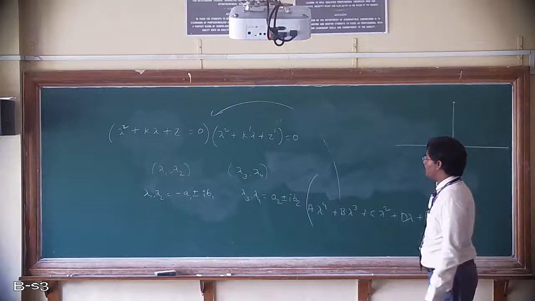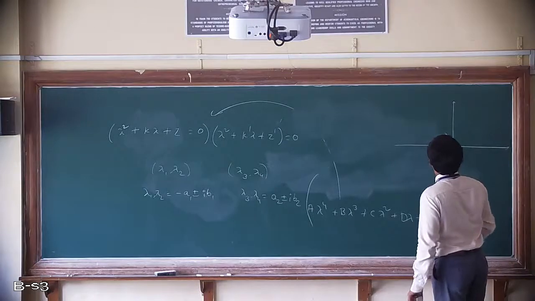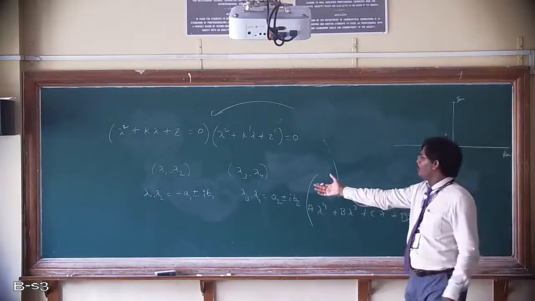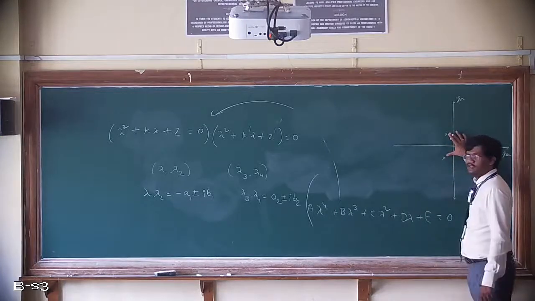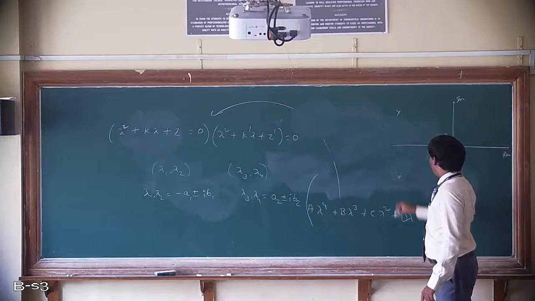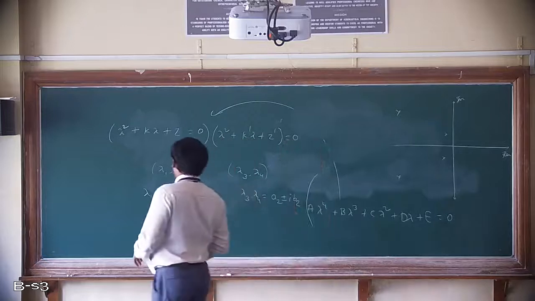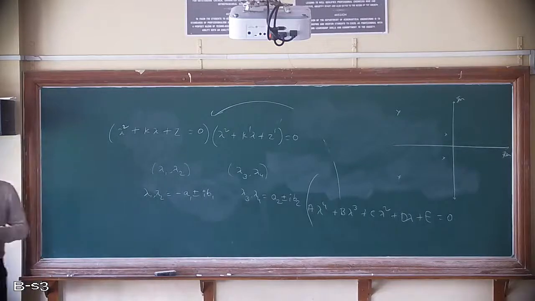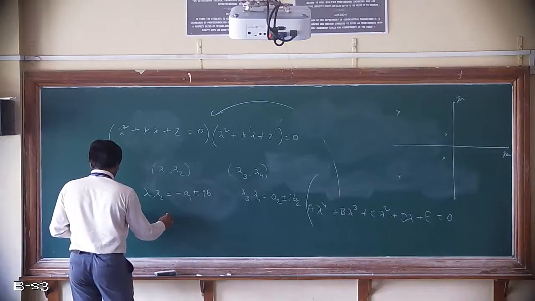If you represent these complex conjugate numbers on the plane, where this is the real axis and this is the imaginary axis, one set of complex conjugate roots is very near to the imaginary axis. It may be lambda 1, lambda 2 or lambda 3, lambda 4. The other set is far away from the imaginary axis. Yesterday we solved one numerical, so we already gave one example.